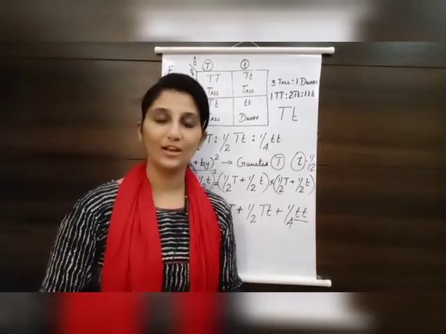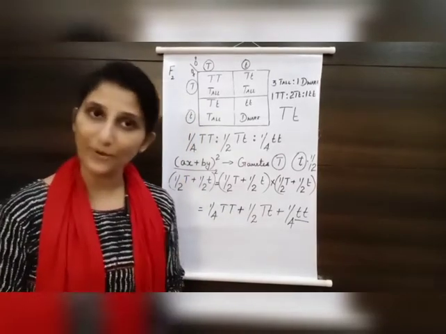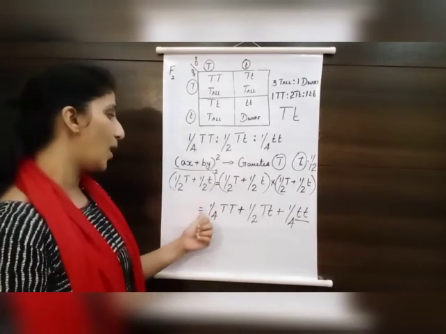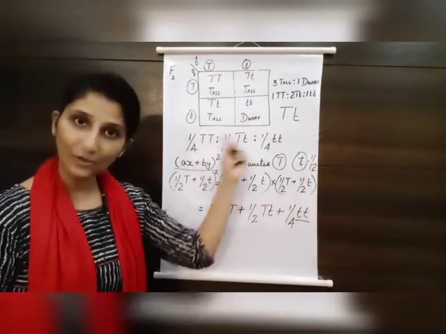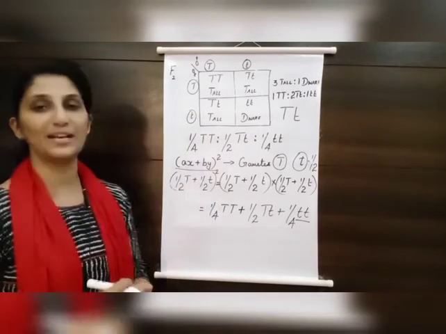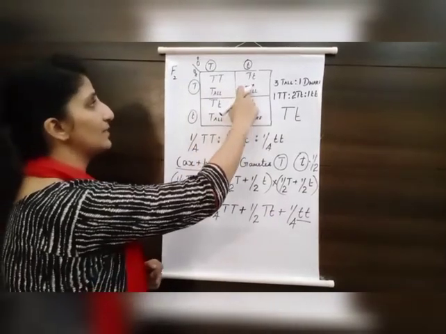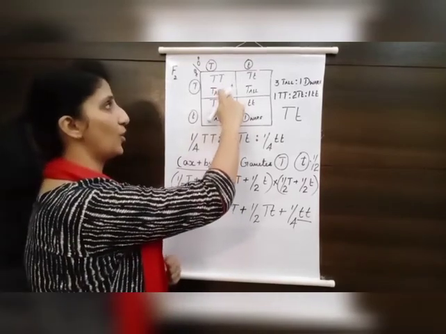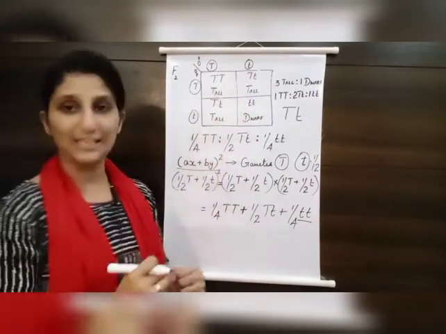So dear children, from this we are able to understand that the genotypic ratio can be predicted with the help of mathematical probability. Is it clear? The genotypic ratio 1:2:1 is calculated with the help of mathematical probability using the binomial expression (ax + by) the whole square. And if we see the phenotypes in this F2, this is a tall, isn't it? This is also a tall, and again this is also a tall, whereas we can see the genotypes are different.